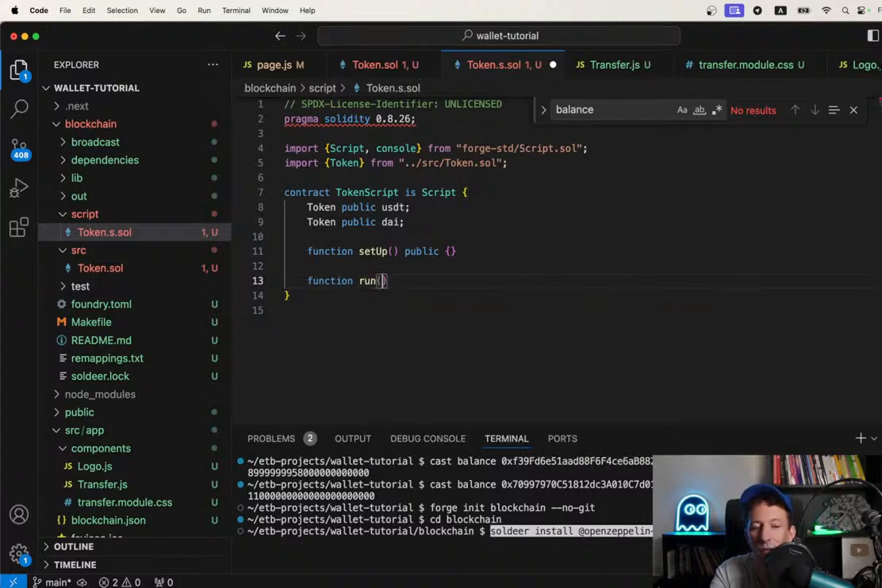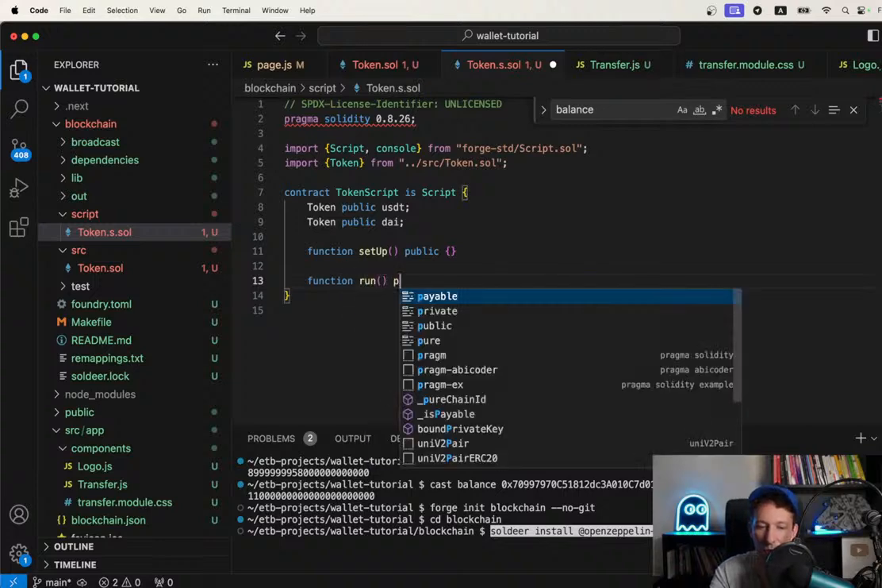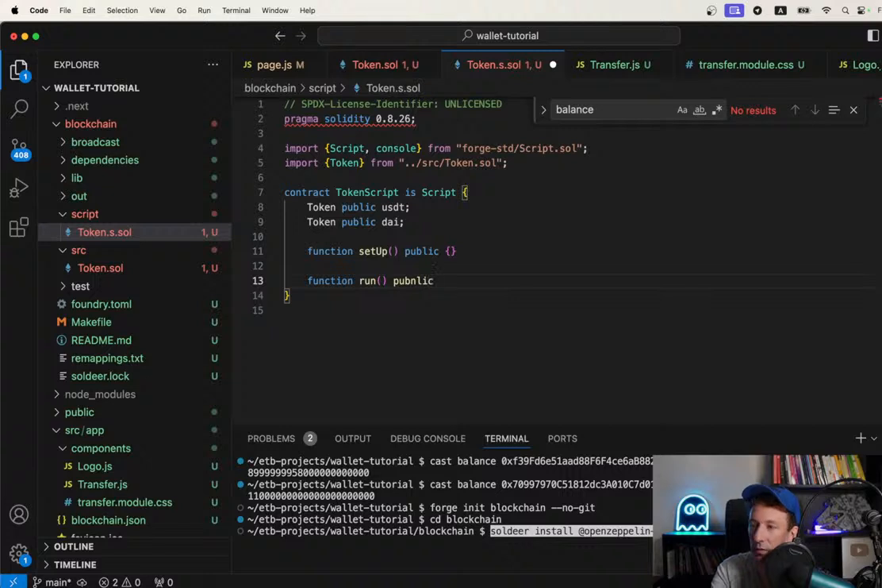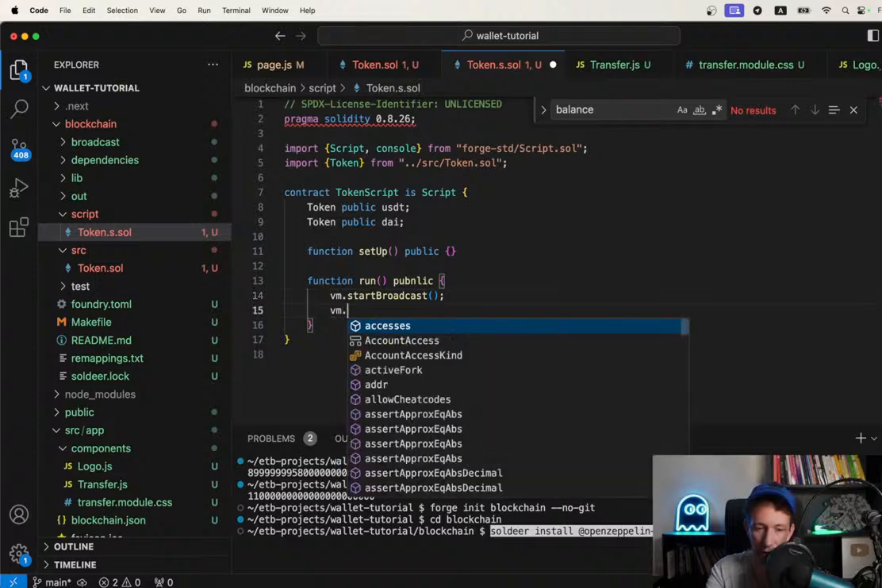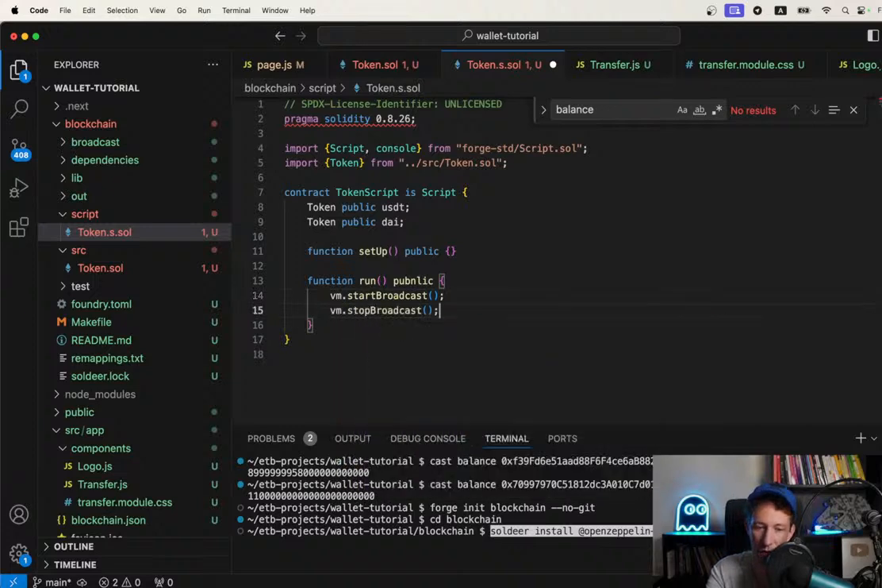And after we have run start broadcast, VM stop broadcast, everything that you do on chain, any deployment, needs to be between these two lines. So first